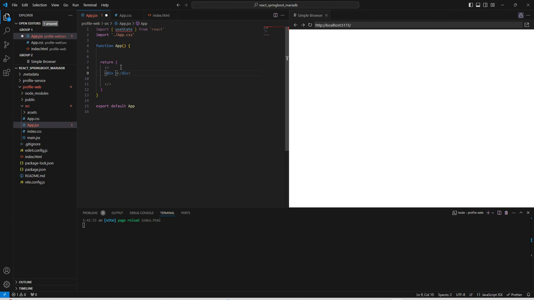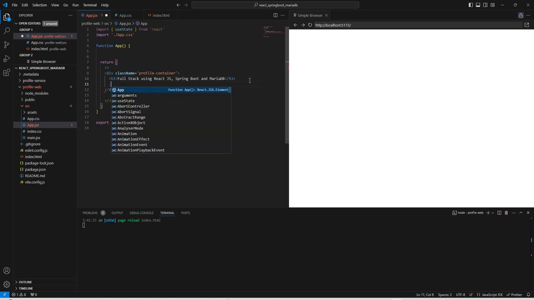and we can name it with a class name profile container, inside which first we can create our add and edit. First we can mention one header part and here we can add this header. Next we can mention one more div, which is for the add and edit panel, and for the class name we can mention add panel,